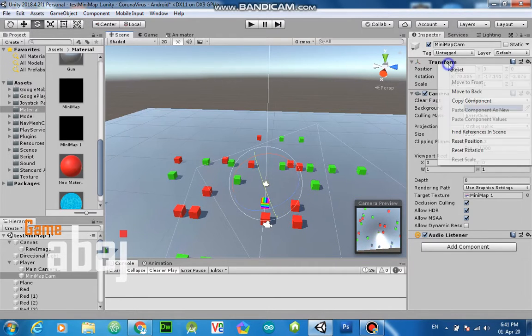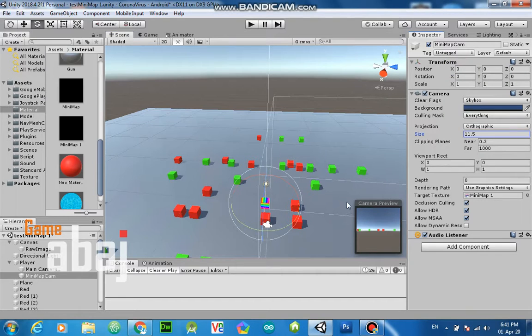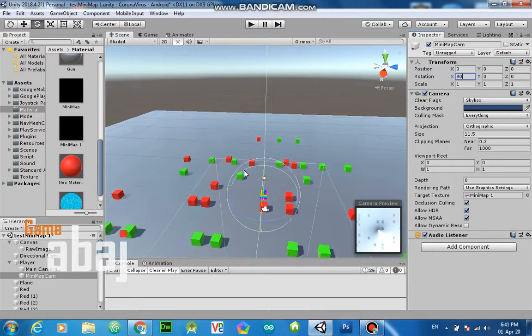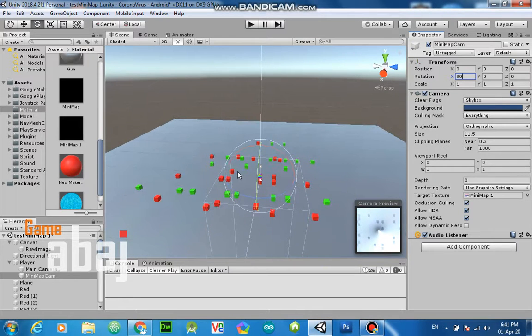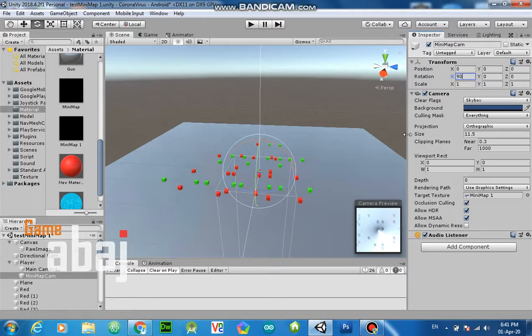I think first I should reset it. Okay, now I turn it to a 90 angle. Here it is, and now I am adjusting the size. The 90 angle is not working.